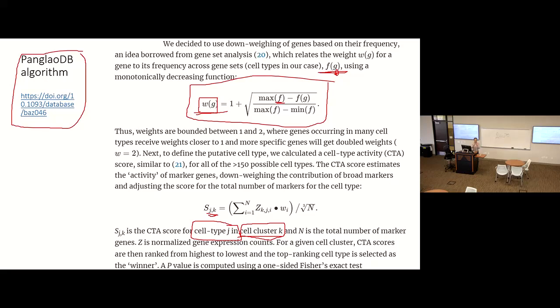The cell type with the highest score is most likely the answer. So I'm not computing just one cell type, but a score for all the cell types